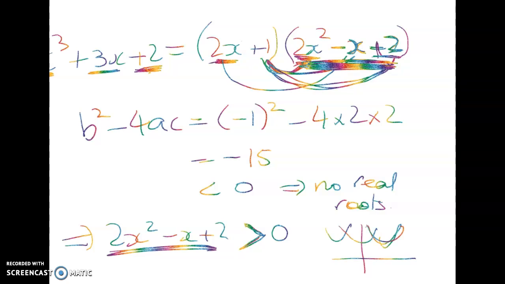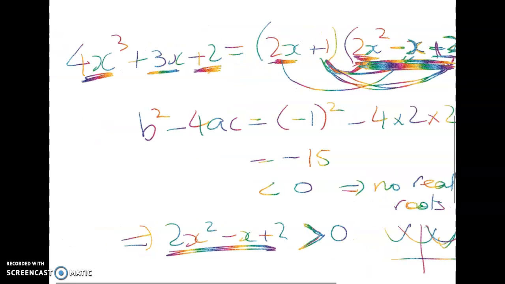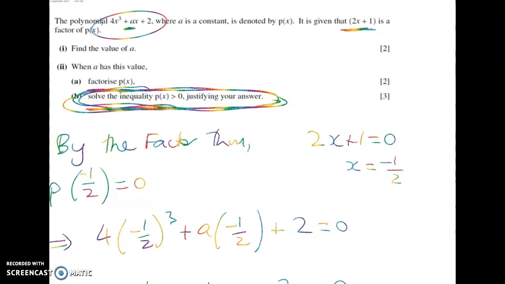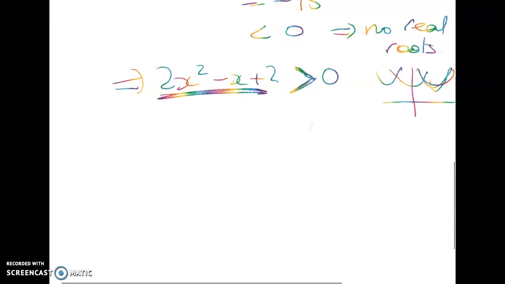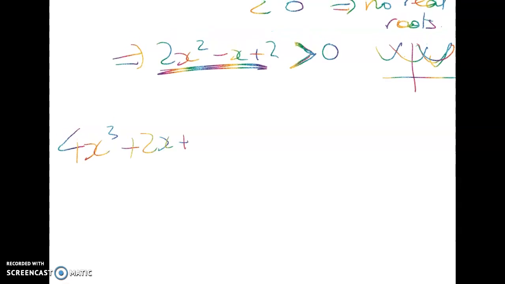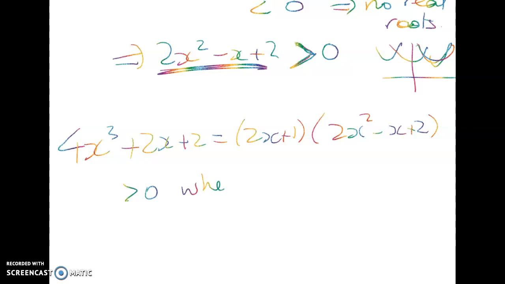so it's going to hang somewhere up here like this. That helps us solve the last bit where we're asked to solve the inequality p of x is greater than 0, justifying our answer. So what have we got? Well, we've got 4x cubed plus 3x plus 2 is equal to 2x plus 1 times 2x squared minus x plus 2. So this will be greater than 0 when 2x plus 1 is greater than 0, because we've shown that this bit here